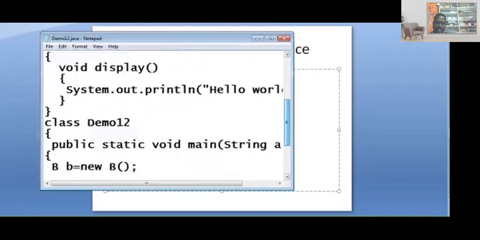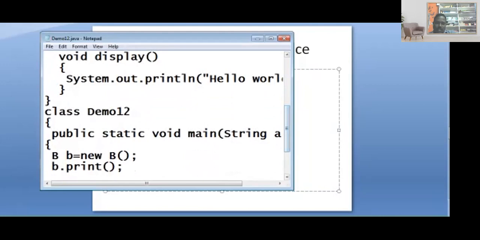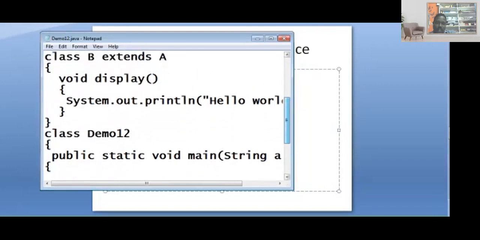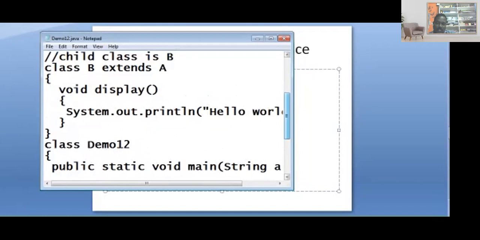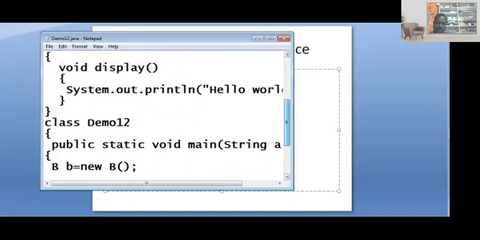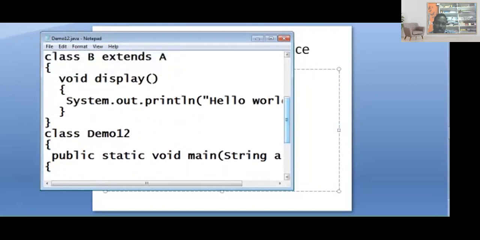Then I created the main method, public static void main. So for whom do we have to create the object? No need to create an object for the parent class. We have to create the object for the child class, because if you use extends A, the method will be inherited in class B automatically.